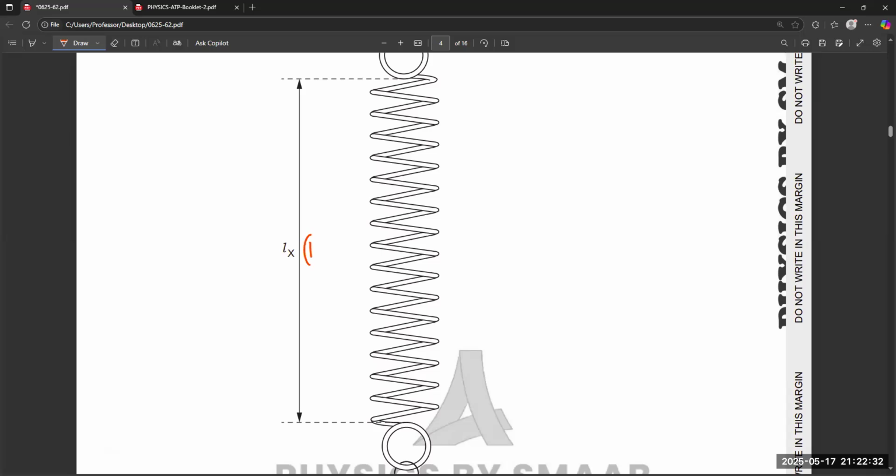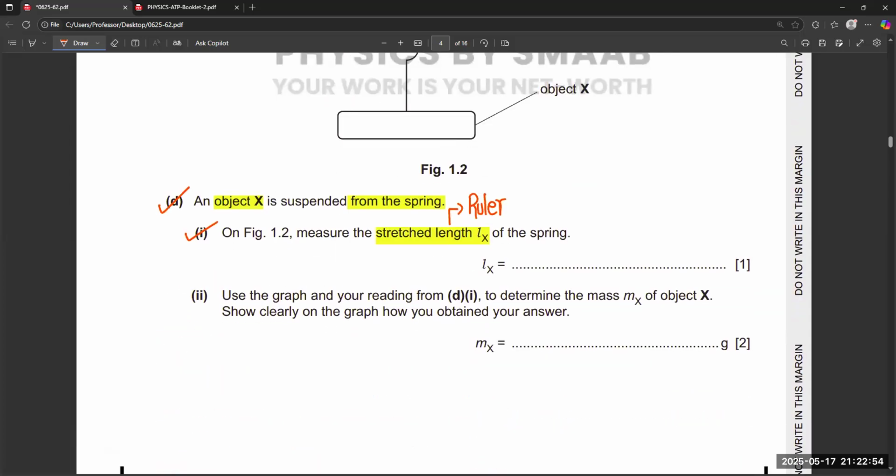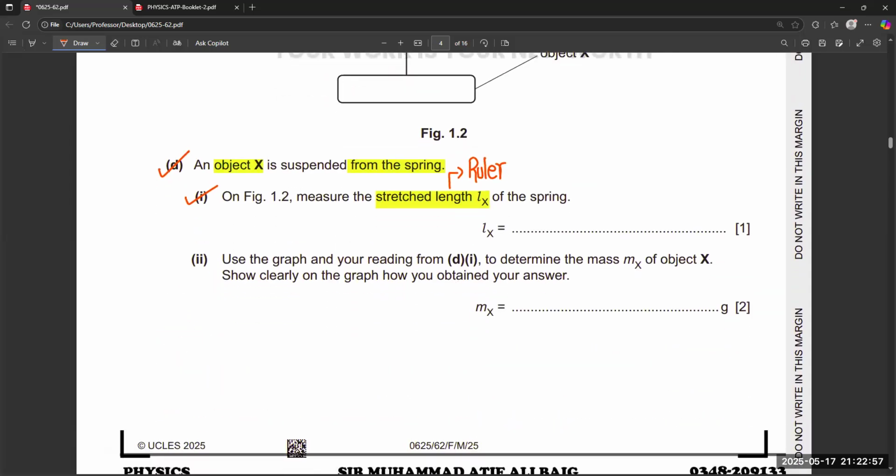When you get this diagram on paper, always remember you have to measure with a ruler. And right now, I'm getting the answer with the help of a ruler: 10.8. So when you get the printout, you will get a different reading from my reading because I'm on screen, so I can zoom in, zoom out. So definitely results will be different. 10.8. But again, the important idea is to remember how we got this value. We got this value with the help of a ruler.